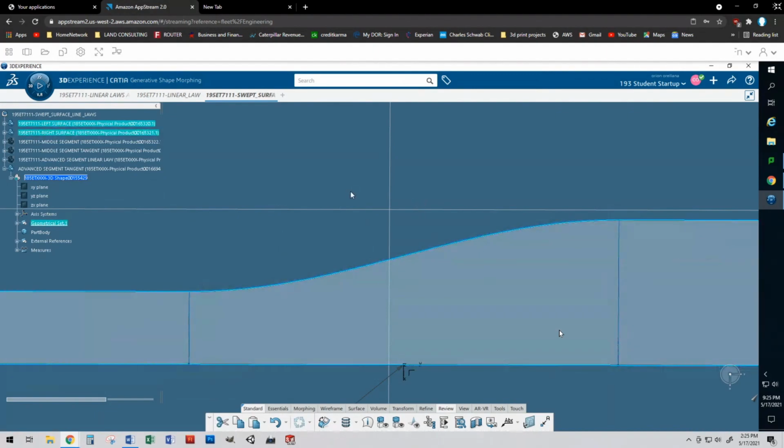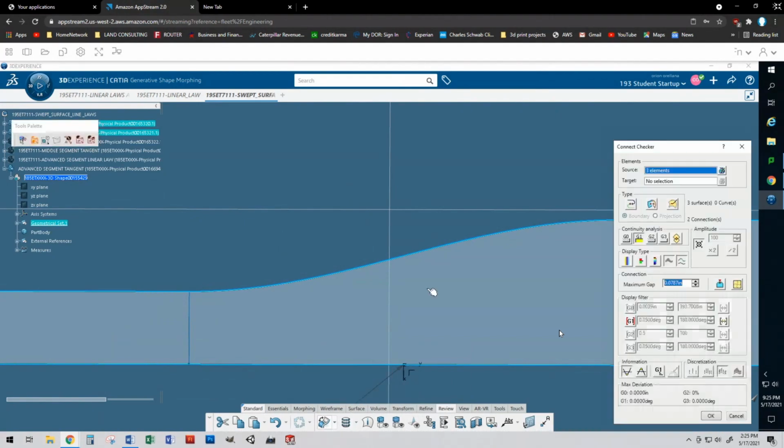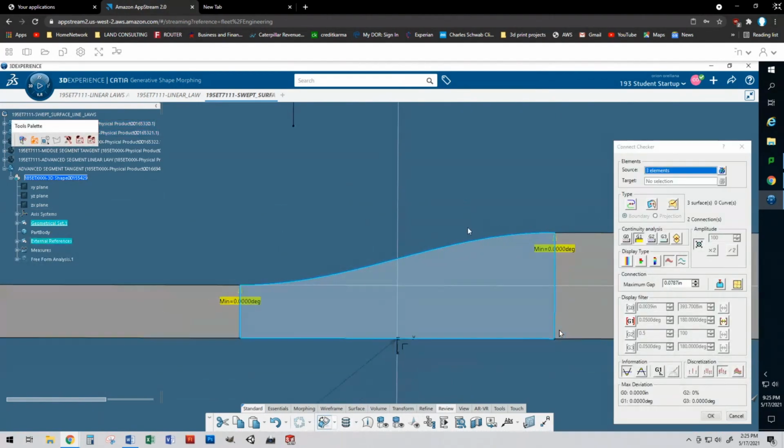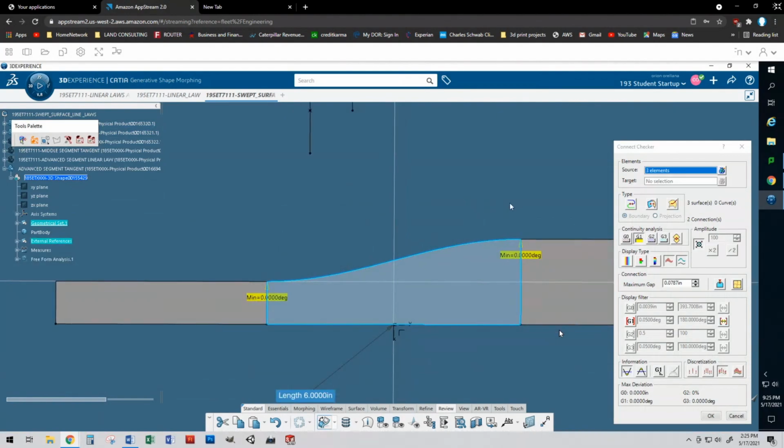and use your curvature surface analysis. That one right there, the connect checker. It does wireframe and surfacing. So the type is the second one in the pop-up window. In the pop-up window, the second one, under type. That's the surface to surface check. So you're going to click on that. Okay, and now we can click